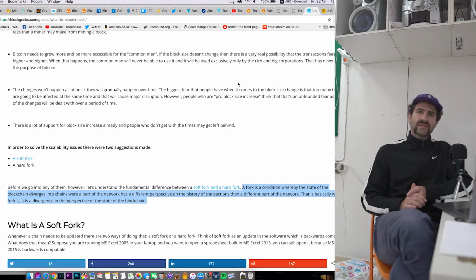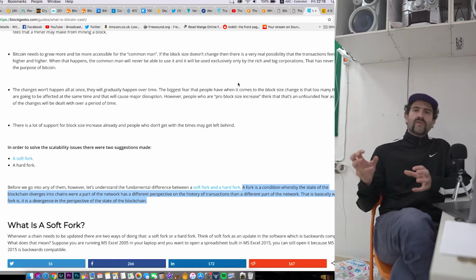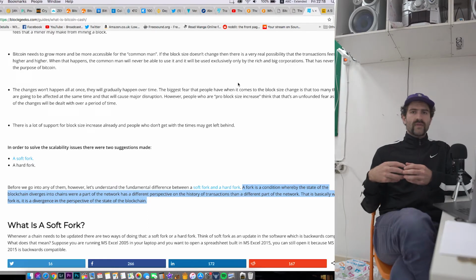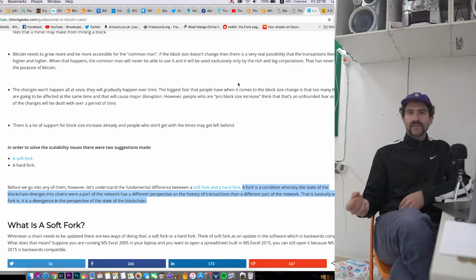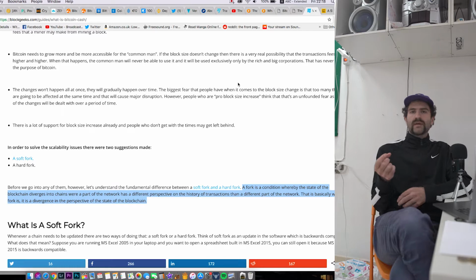So what this means is that you have a certain amount of people supporting the network, and then let's say half of these people, 50%, want to implement a new rule. They want to implement an update to the system. And when they do that, let's take as an example, they want to make the block size from 1 megabyte to 2 megabytes. In order for that to happen, they would have to